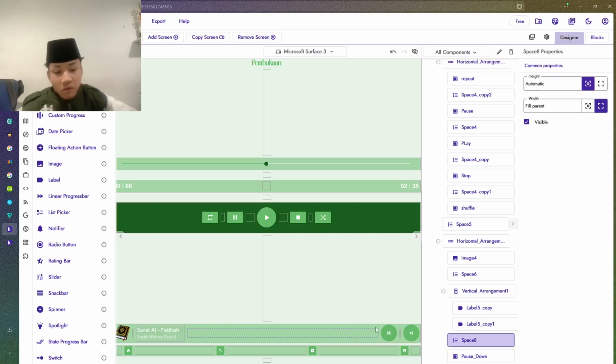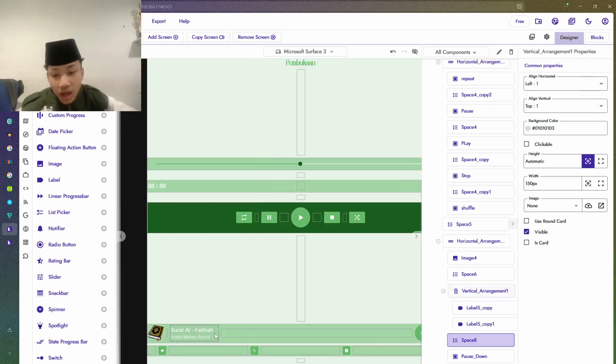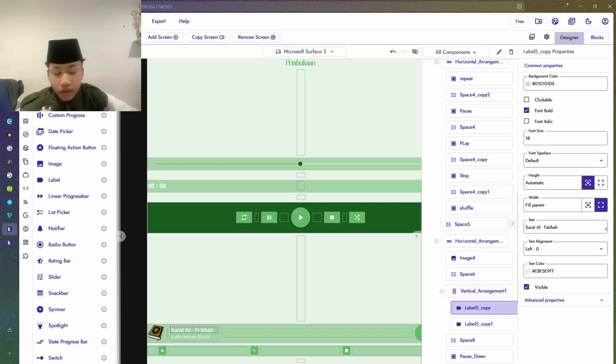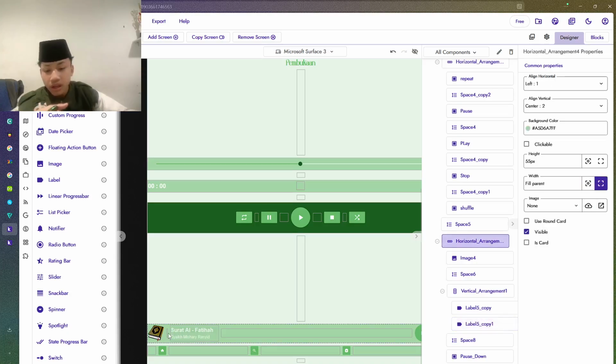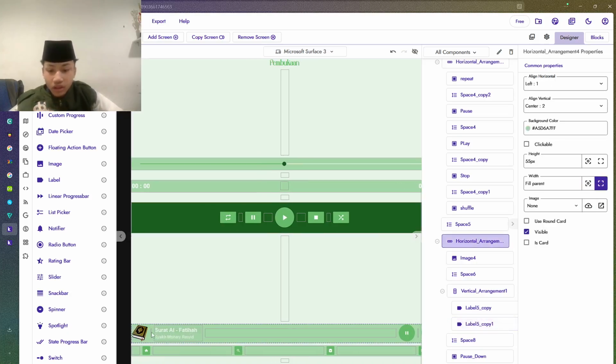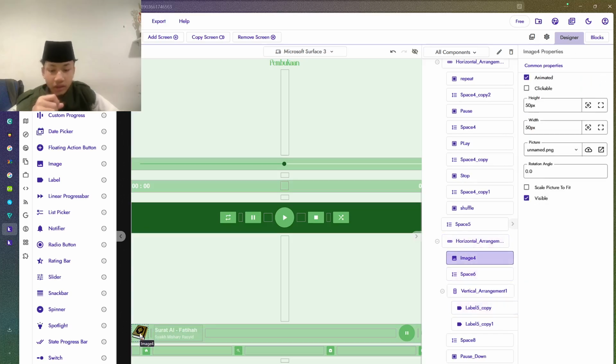This is a space to make a space between the pause button and the label. This is a label for Surat Al-Fatihah, and this is the label for the sheikh that recites this surah. This is a space to make a space between the label and the image of the Quran.